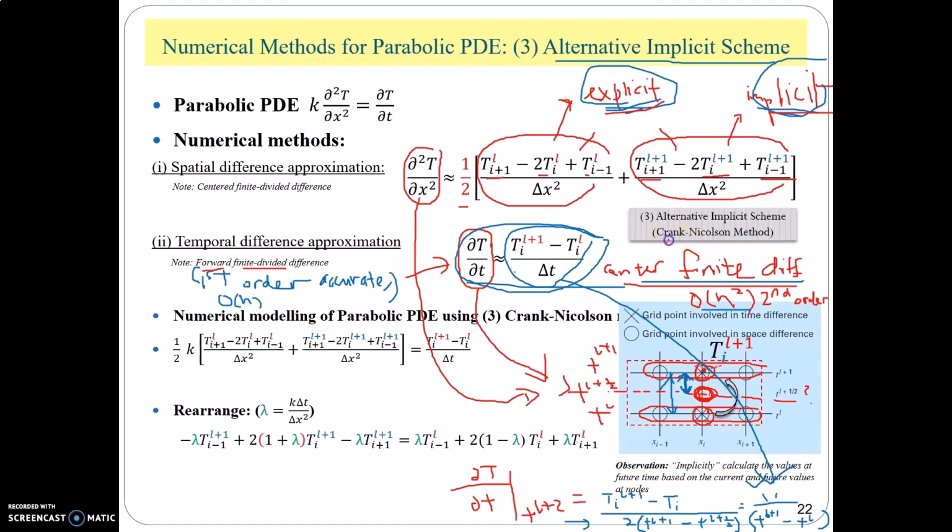On the other hand, the Crank-Nicolson method is using the center finite difference method in order to estimate the same formula, which is second order accurate,